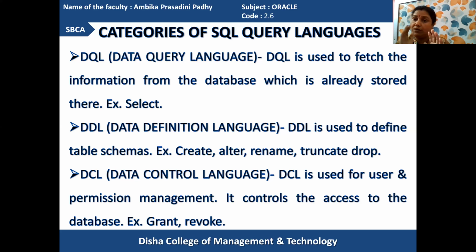Still in alter, you have made some mistakes, you want to rectify all those; through rename also you can do it. Some information is already present, you want to remove all that information, then you want to clear out the memory space, then you can use truncate. Drop, we have to use carefully, because once the table has been removed using drop, you cannot get it back. Got it?